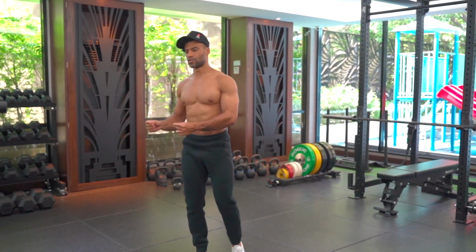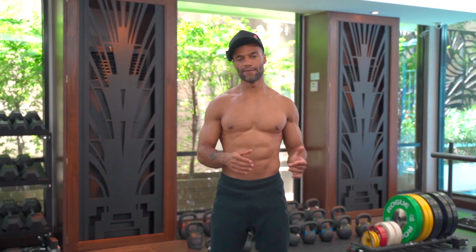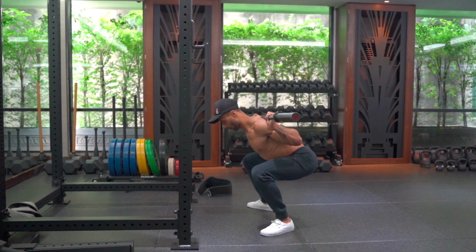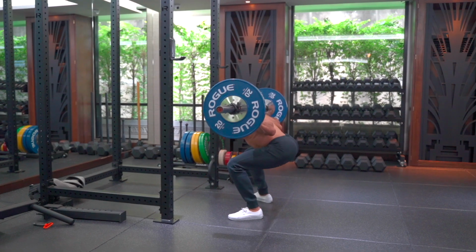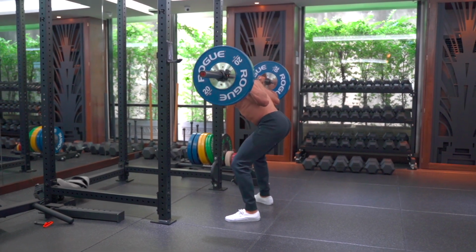So it's time to do some more lift-specific stuff. The next is going to be something lift-specific, and we're going to use the squats as an example. Now, if you're doing something that's more hypertrophy, i.e. 8 reps plus, then the rep scheme I recommend is 8 reps, 4 reps, 2 reps. And then if you're doing something more strength-specific, so 5 reps and below, 5 reps, 4 reps, 3 reps, 2 reps,